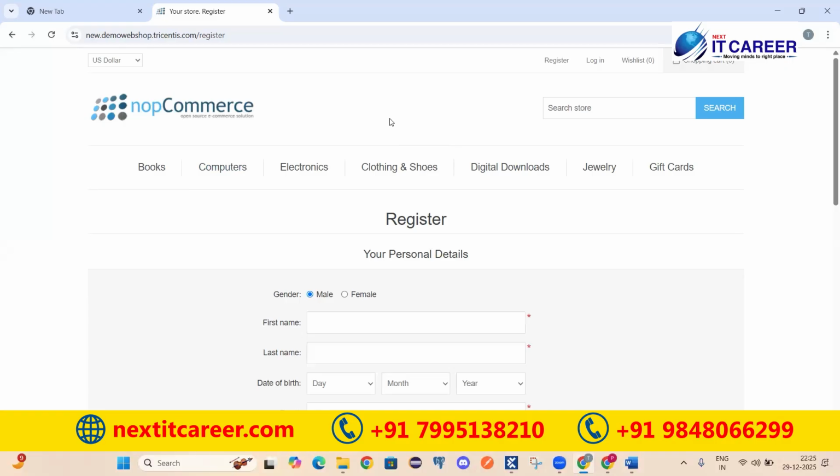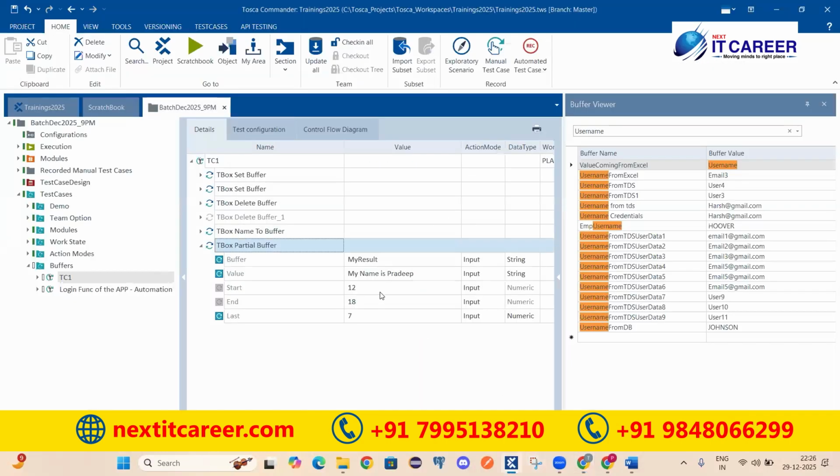So for a message like "Welcome Pradeep" or "Good evening Pradeep" on the application, we would just scan and locate that element, and we would say action mode verify for that particular part and give this whole text. But let's say we don't want this whole message, we don't want to validate that,